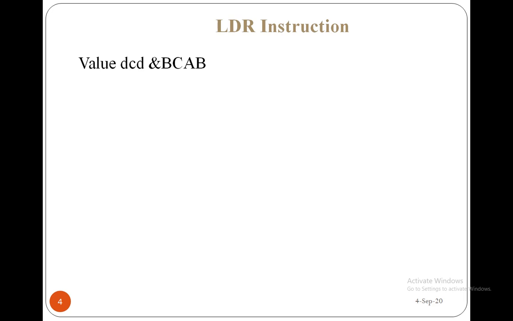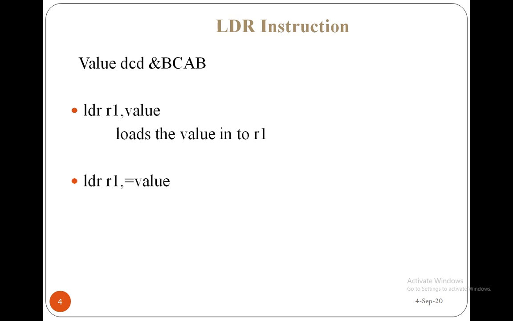So what have we done? BCAB is the data we have stored in the memory with this instruction. Now we have to get the data from the memory into the registers, and that can be done in two ways. Directly you can transfer the value through LDR, or else first you can get the address from memory, and then get the data from that address by using LDR. First we will see LDR R1, VALUE. You can directly transfer the value BCAB to the R1 register by using this statement, which loads the value into R1.